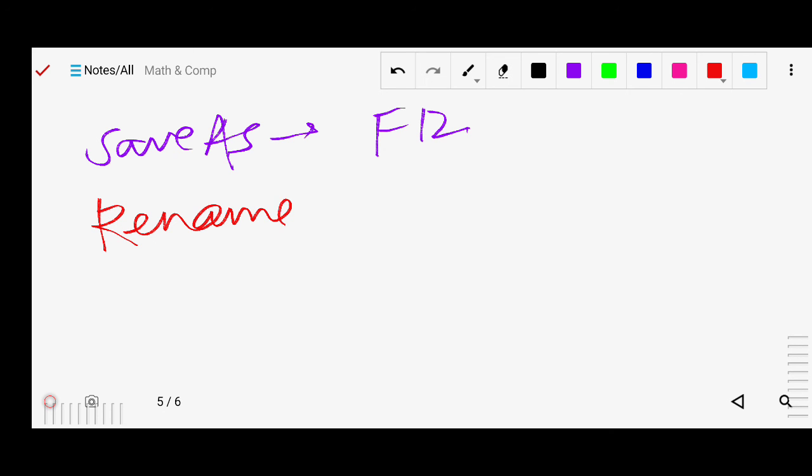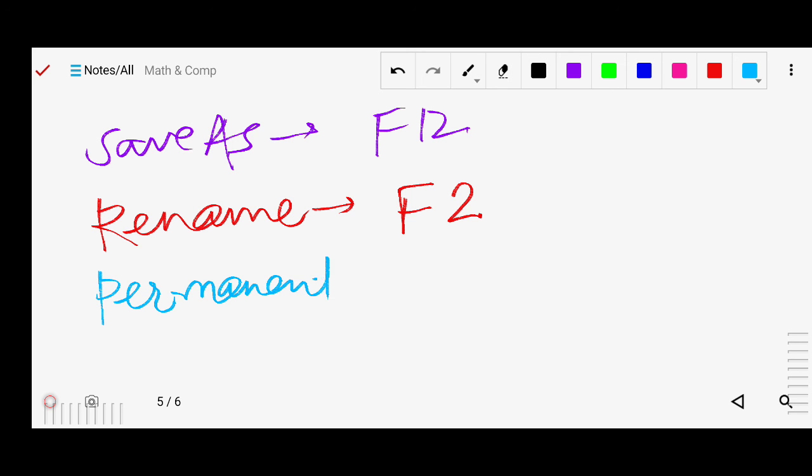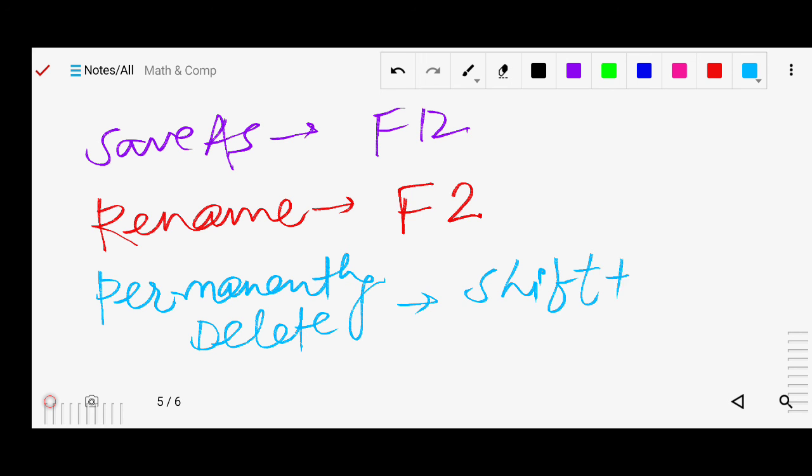What is the shortcut key for rename? It is simply F2. Understood? One more, we studied just now permanent delete. What is the shortcut key for permanently delete? The shortcut key is Shift plus Delete.